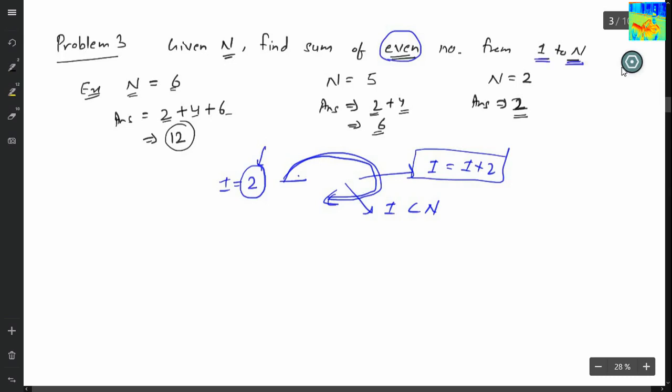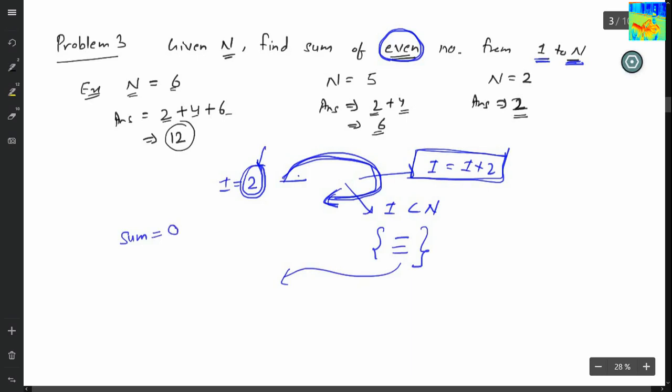I will initialize the value of I by 2, and I will run a loop, and in the loop I will do some work, and then I will increment the value of I by 2, because we have to only consider even numbers. What is the work that I will do in the loop? So I will take a variable sum and I will initialize sum to 0.